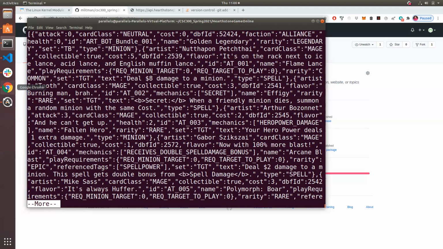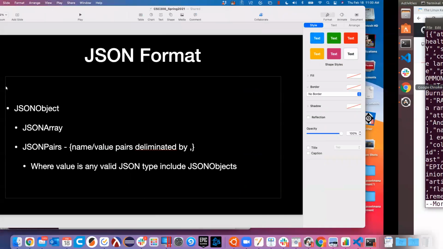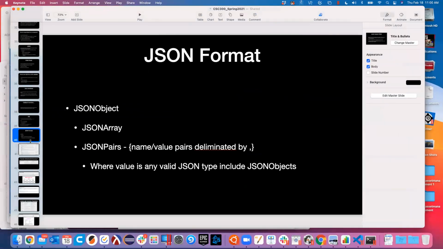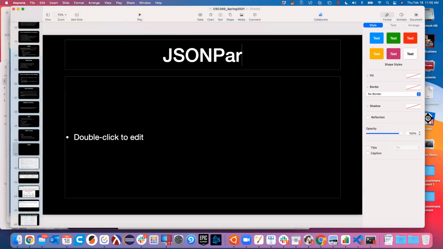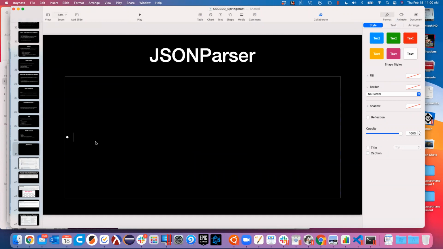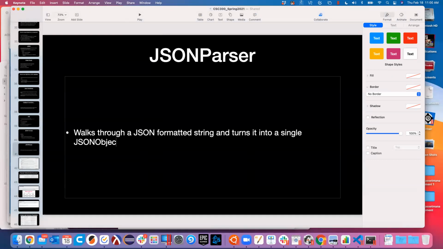So that means we're going to have to write a parser. We're going to create a JSON parser. So a JSON parser walks through a JSON formatted string and turns it into a single JSON object,